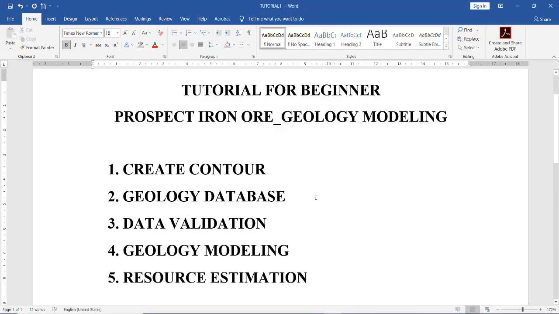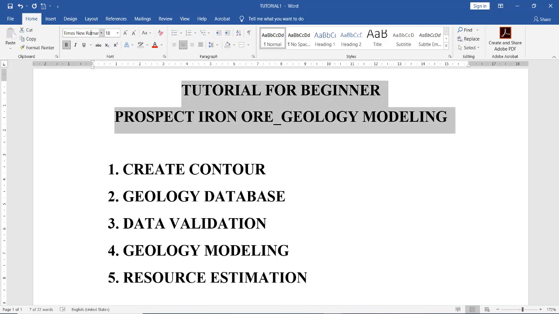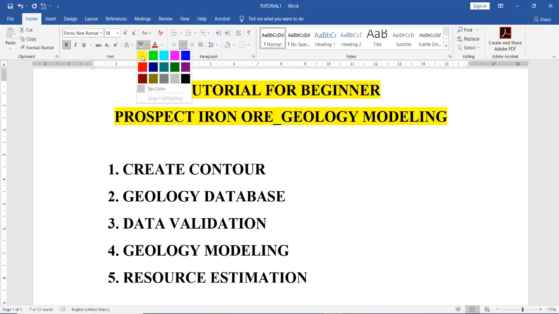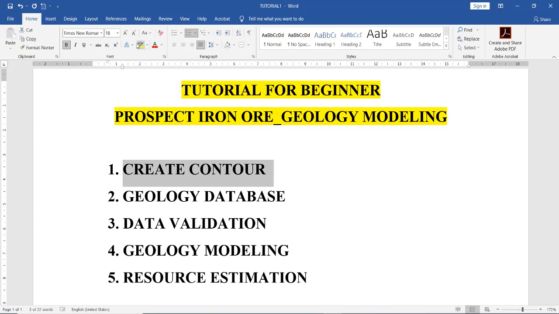Okay, we review our tutorial for beginners. And we finish creating contours using DEM data and geological database management development.